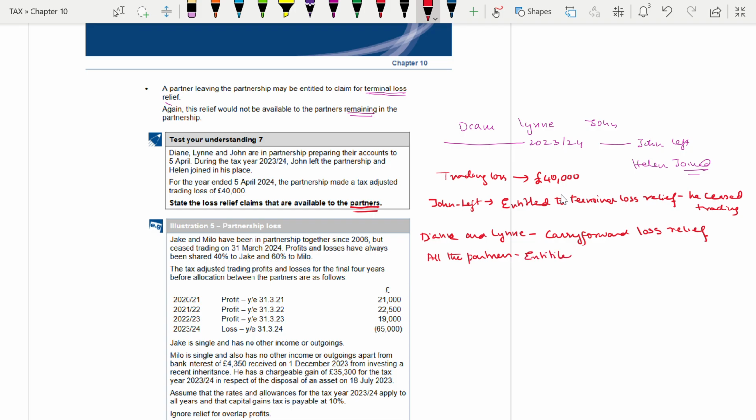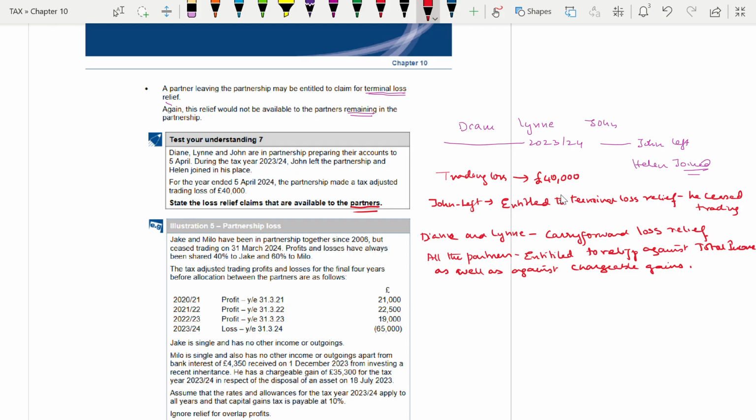Entitled means they are eligible to relief against total income, as well as against chargeable gains. First you have to take from the total income, then you have to take it from the